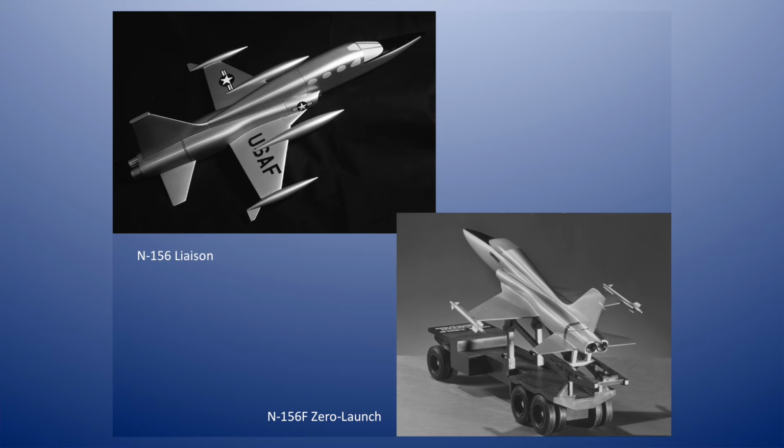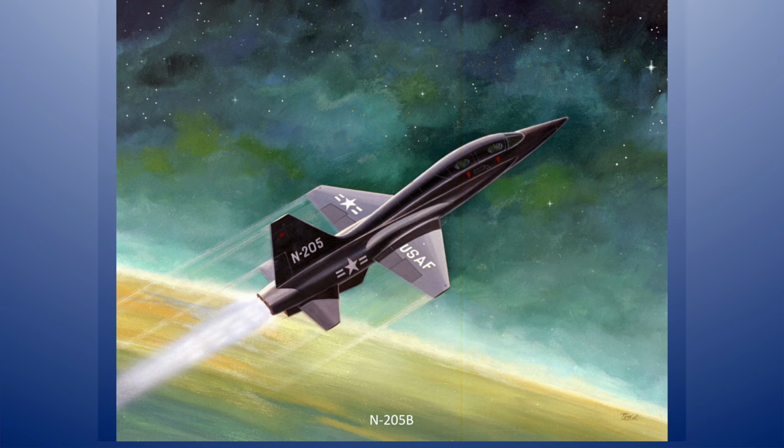The N156 liaison aircraft, a fast transport for VIPs, sort of the Learjet of the proposal for the 1960s. NATO forces were highly concerned with loss of runways, so they wanted zero launch aircraft, so there's the N156F on a launch track, zero launch track. The most intriguing one had to be this one, the N205 spaceplane trainer, also known as